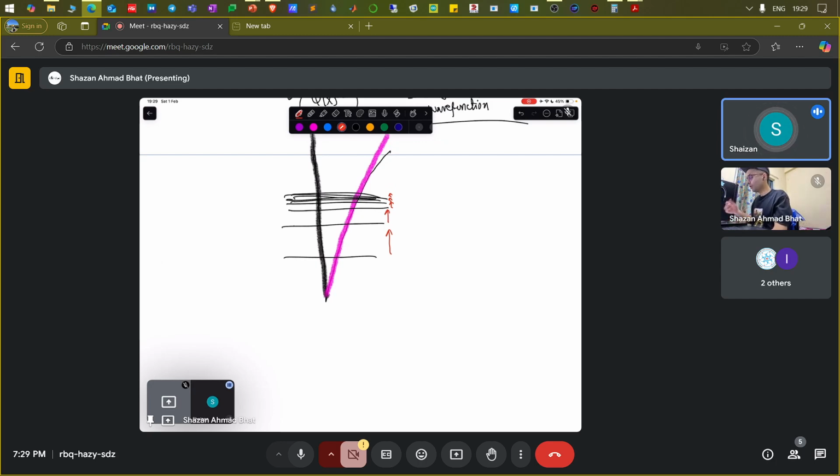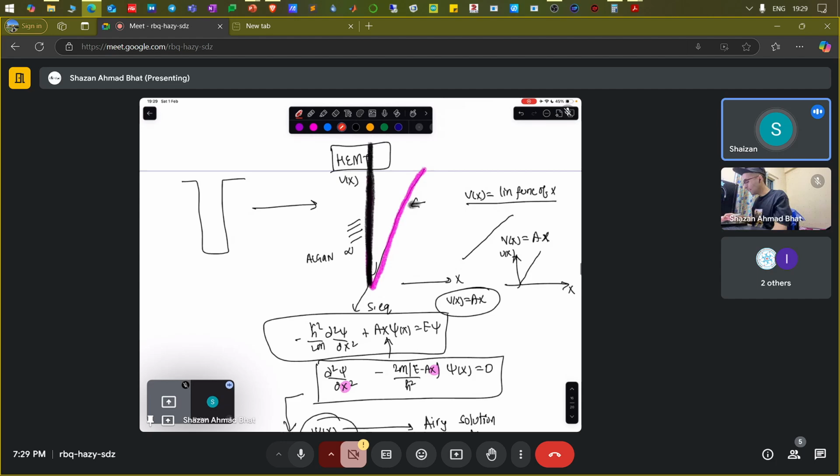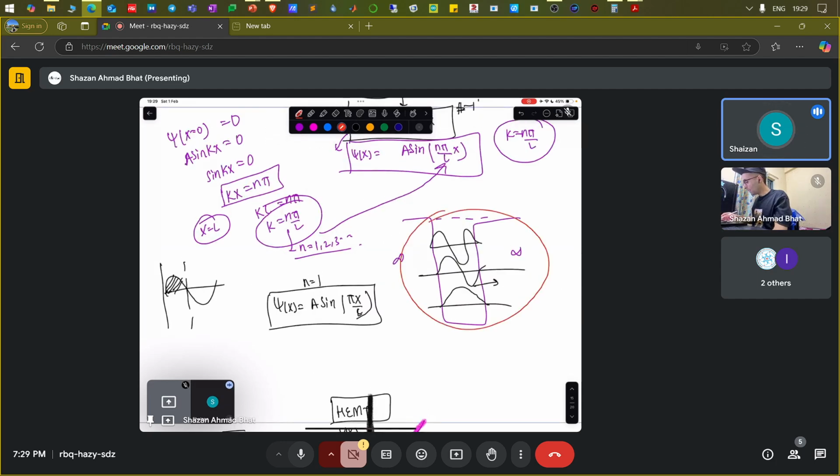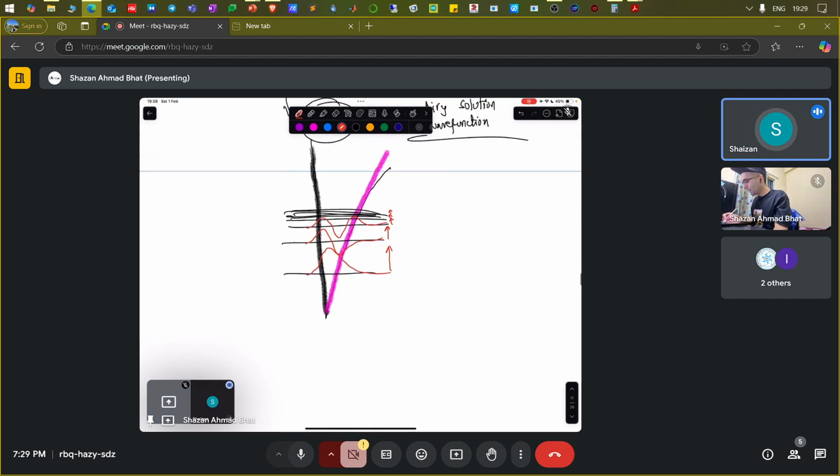And how does the wave function look? In n equals 1, it looks something like this. In n equals 2, it looks something like this. In n equals 3, it looks something like this, similar to a square potential well, except that this is like an infinite well here, but like a finite well here. If we consider it an infinite well on the left-hand side, then there will be no penetration